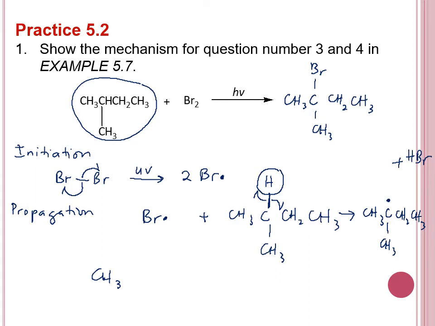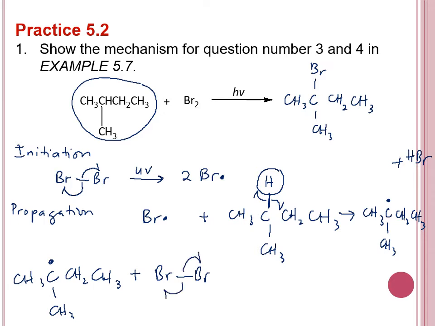Okay, next I'm going to write again the free radical here. What type of free radical is this? Classification of this free radical is tertiary free radical, and it is going to attack another bromine molecule,